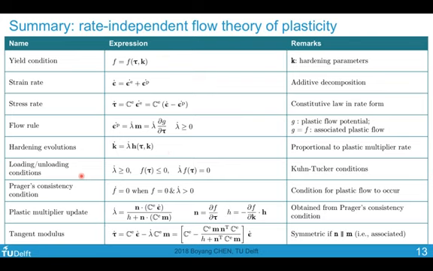We have the loading and unloading conditions on our plastic multiplier. These are the Kuhn-Tucker conditions. And based on these conditions, we can obtain Prager's consistency condition for the case where our yield condition is satisfied and our plastic flow is happening. Based on this condition, which means that F dot equals 0, we can then derive the expression of our plastic multiplier, and we can use this expression to establish the connection between our stress rate and total strain rate. And this connection, which is the tangent modulus, is symmetric for associated plastic flow, which is the case for metals.